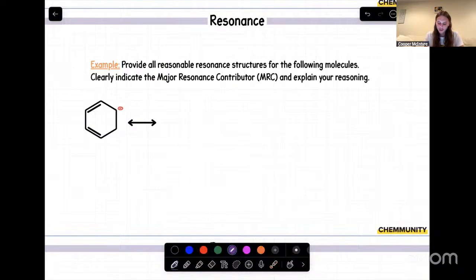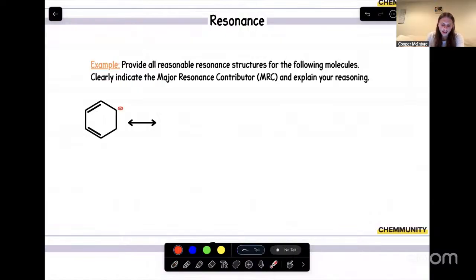But like I mentioned earlier, we want to start with our electron density, and from there, we want to see how we can distribute and delocalize that electron density. Just to do a little bit of a deeper dive, picture it this way. If you had a whole bunch of negative charges super close to each other, they are going to repel each other because it is very unfavorable. But if we want to make those electrons happy, because they don't want to be super close, we can help spread them out and delocalize them, which is the goal of resonance.